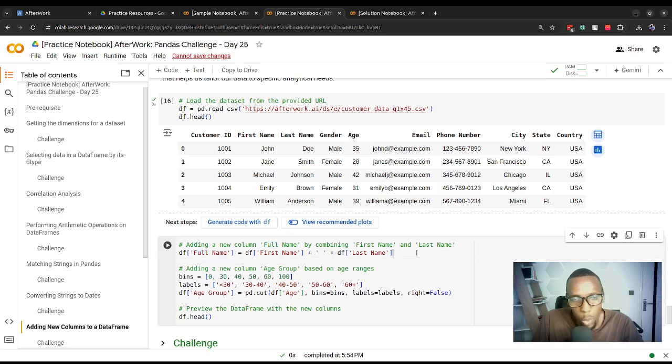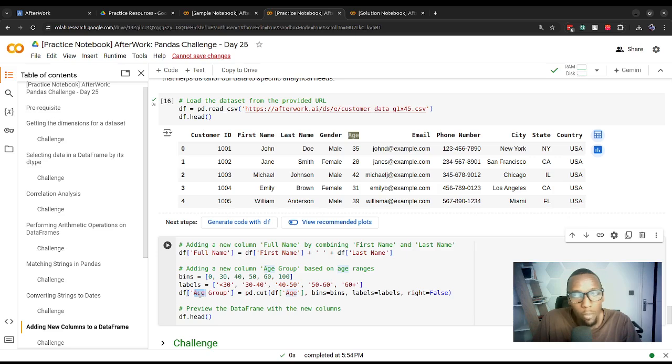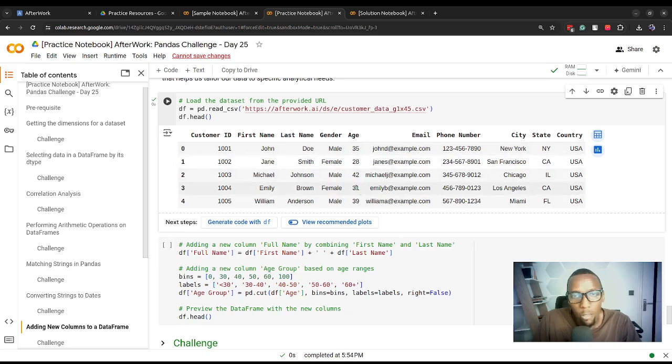So this is just one example of how we can create a new column, but we could also create another column still using the existing data, using a fairly complex operation. This is not that complex, but this other operation allows us to create another column called age group that would be based off the values of the age column. We would want to create values for age group, and those values would be what has been put here as the labels, and if a value of age is less than 30, say for example 28, then the value for that particular record for this age group column would be